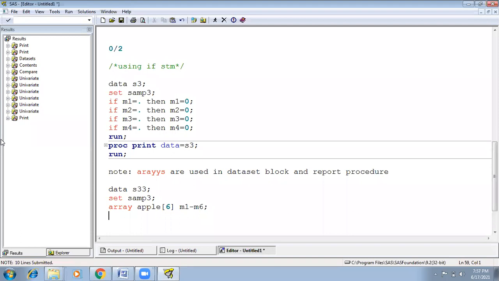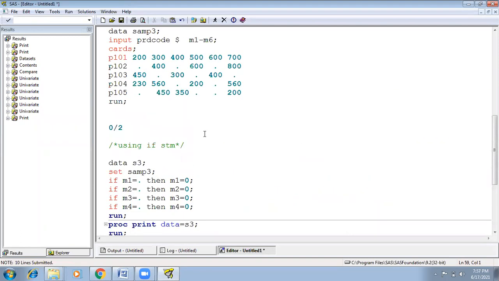Now, here I want to run this for a total of 6 columns: 1, 2, 3, 4, 5. Right? 6 times I want to run this column until the condition is true. Let's say first column 1, wherever it is missing: 1 equals to dot, replace with 0, 2 equals to dot, replace with 0, 3 equals to dot, replace with 0, 4 equals to 5.